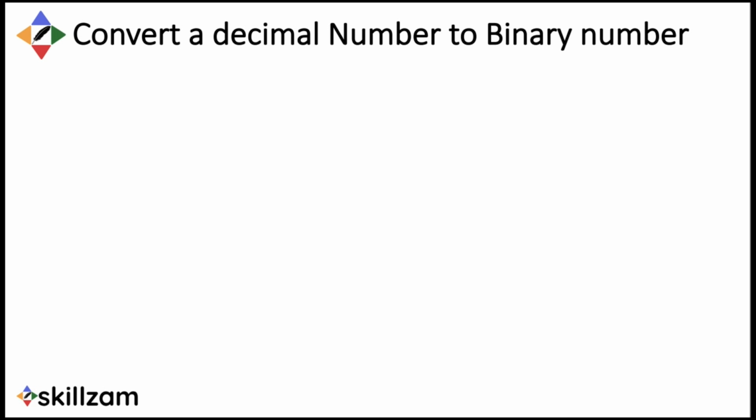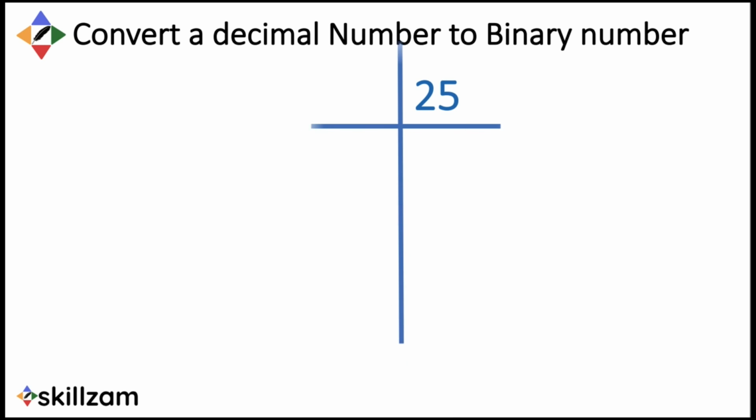Convert a number to a binary number. Now let us learn how to convert a decimal number to a binary number. For our understanding, let us consider the decimal number 25, which means 5 in the units place and 2 in the tens place. As we need to convert 25 to a base 2 number, that is a binary number,